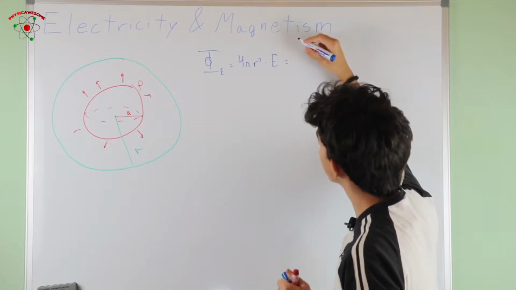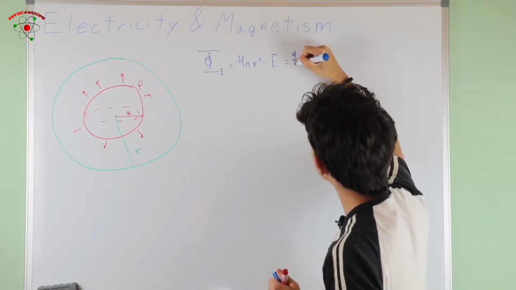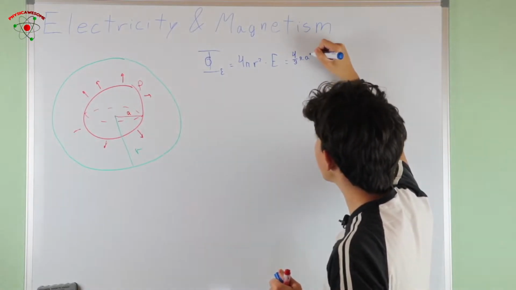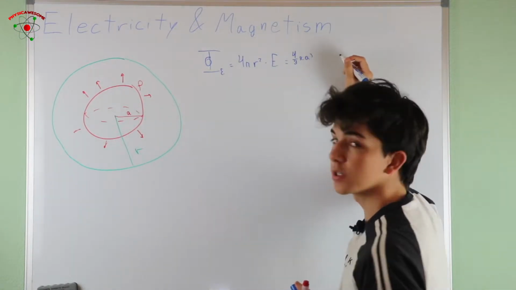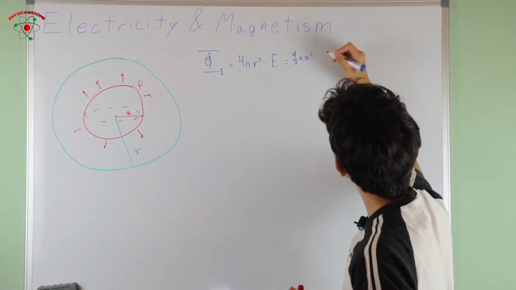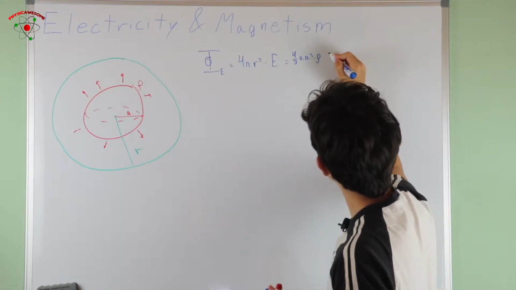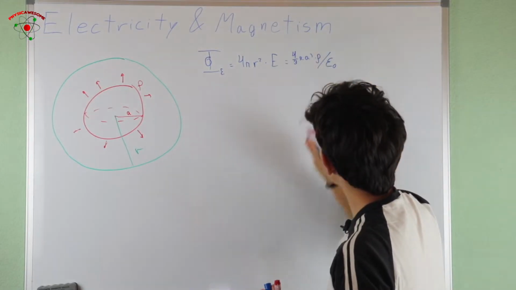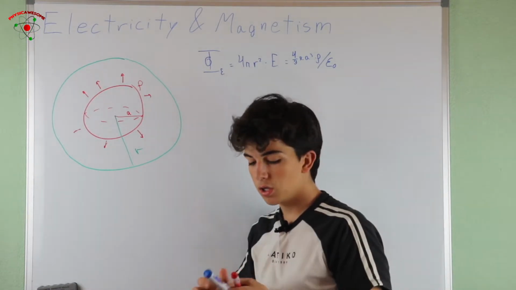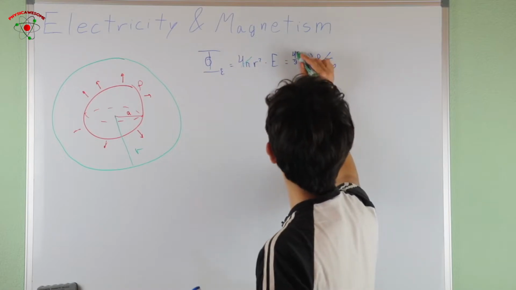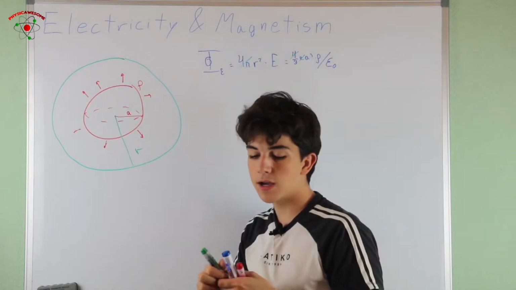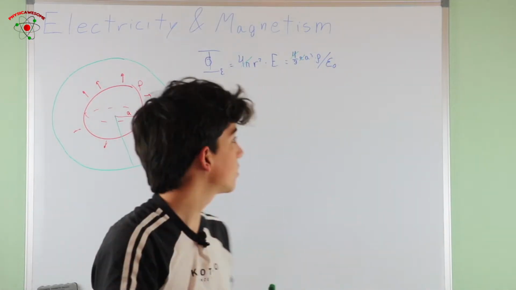So it's going to be 4/3 pi a cubed, the volume of our sphere, times the charge density rho, all of it divided by epsilon naught. We see that we get some cancellations, 4 pi with 4 pi, and our result is